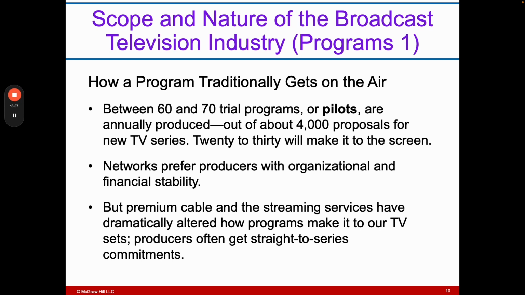The big thing with this is, would you rather work with a producer and an organization that has a track record of making something that has gone well before, or do you want to work with someone who is unproven? And while there might be a lot of benefits to working with someone new and unproven, it's much more of a gamble than working with somebody who has already done it before and who has a track record.